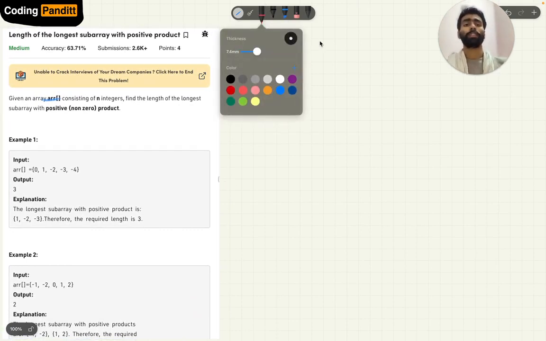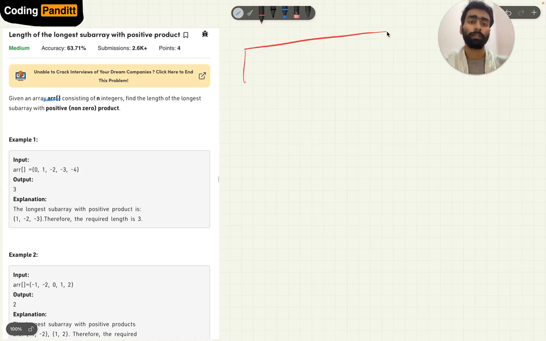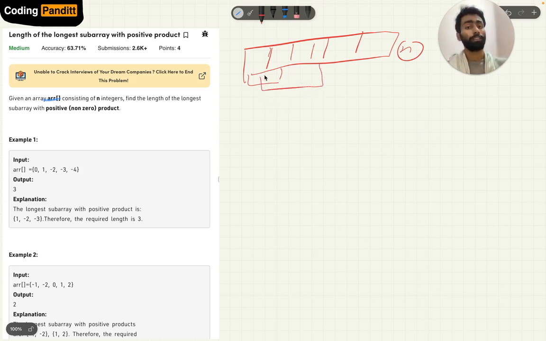First we need to understand what a subarray is. Let's say we have an array of length n. If some of these elements form a set together, and these elements are in consecutive order, then that set of elements is called a subarray of the given array.